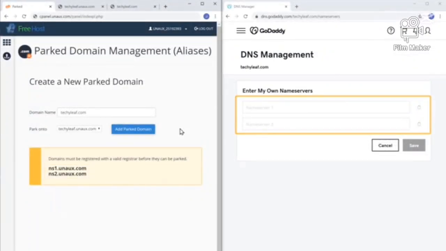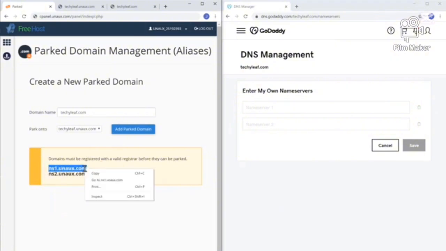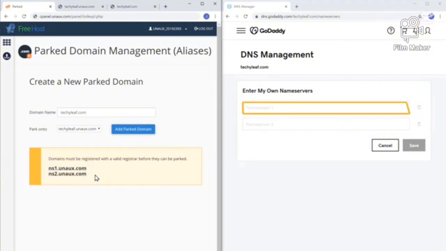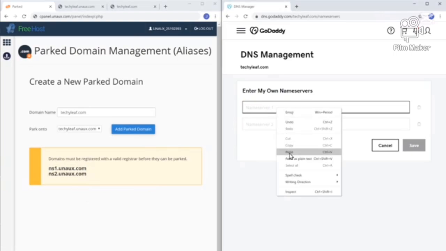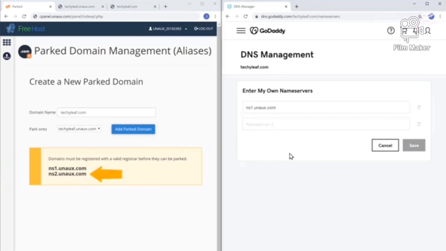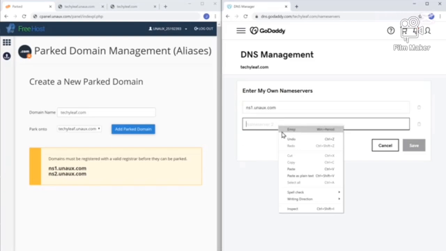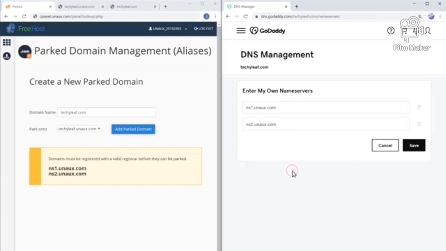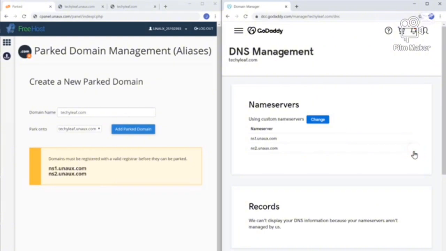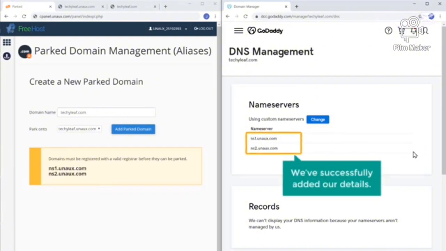First, let's copy this one and paste it here. Next, copy this and then paste it here. Now click Save. Now we've successfully added our details. Now once you've added these details,